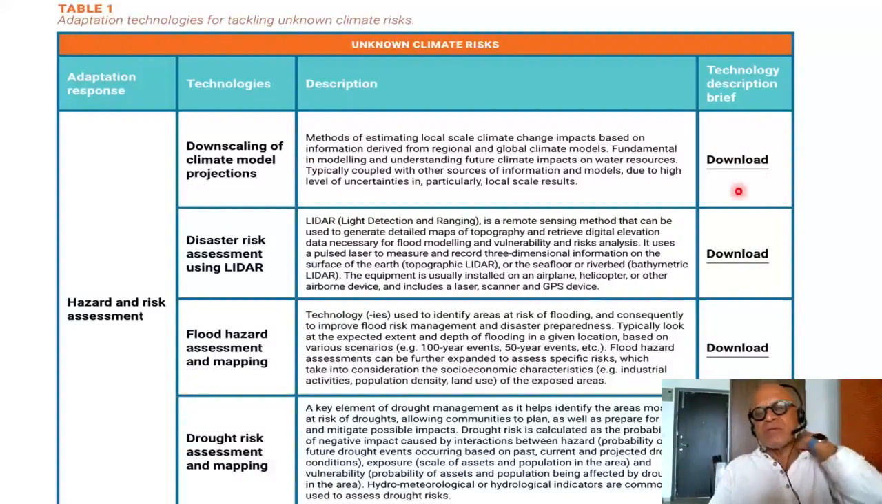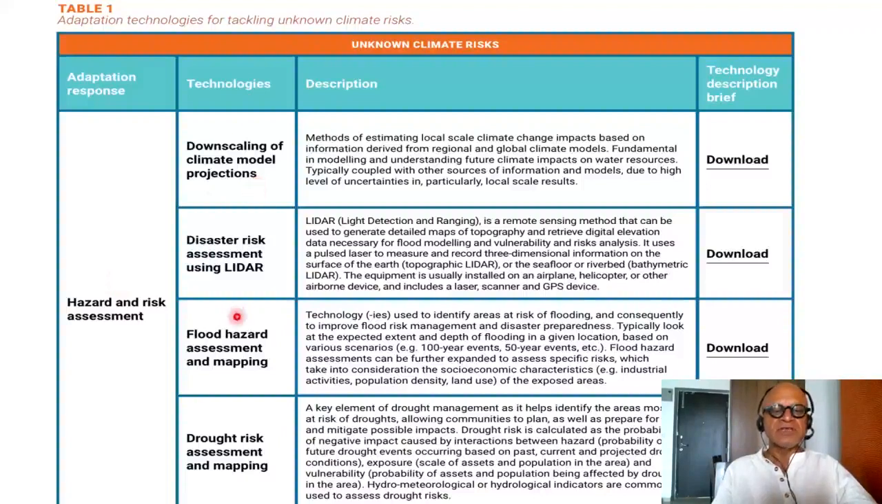I'm not going to click on them, but you can go ahead and do that. And in fact, in some of the tables, I'm going to take out this column just to make it better for displaying the text. So you have technologies. In the adaptation response, we have hazard and risk assessment, which requires technologies like downscaling of climate model projections,